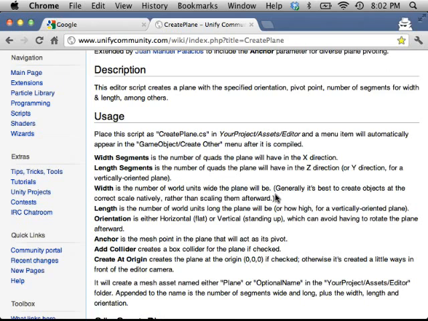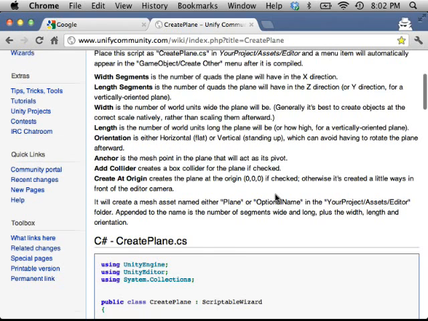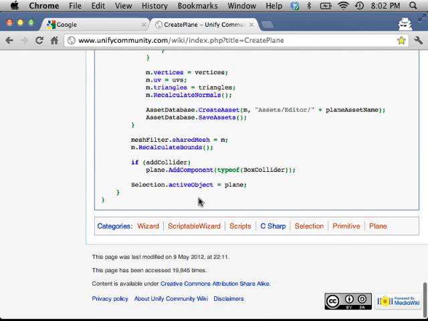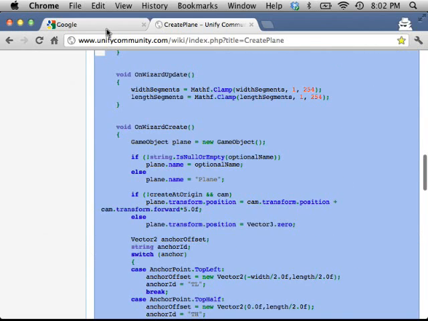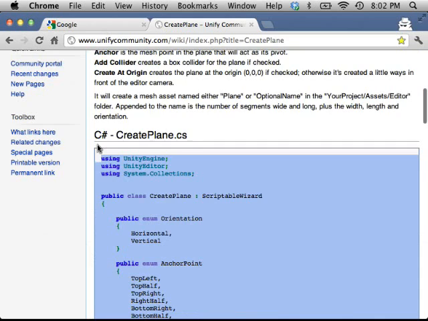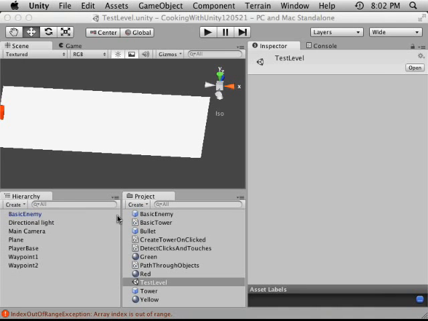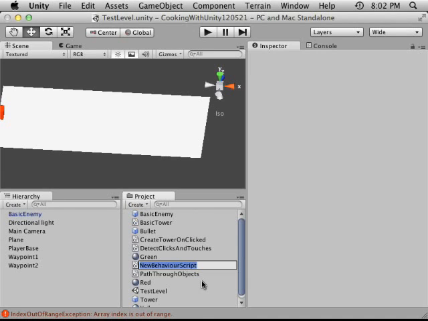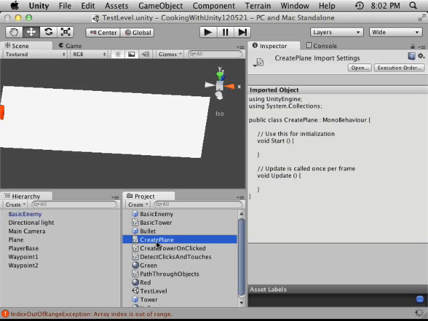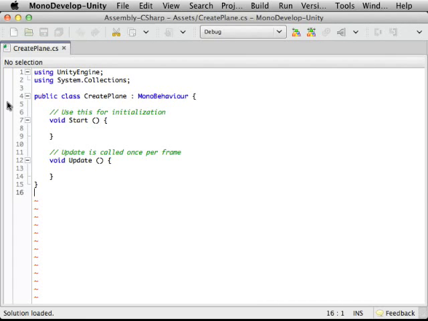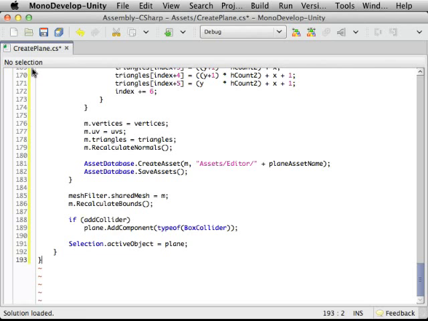So it's on the Unify community, and so you can't just download the file. So I'm just going to show you how to copy and paste this into a new script file and get it working. So just grab all the code here, and we're going to create a new C# script called create plane. It has to be called create plane, or if it's not, you have to manually edit it a little bit. And we're going to open it up, paste all this into it,